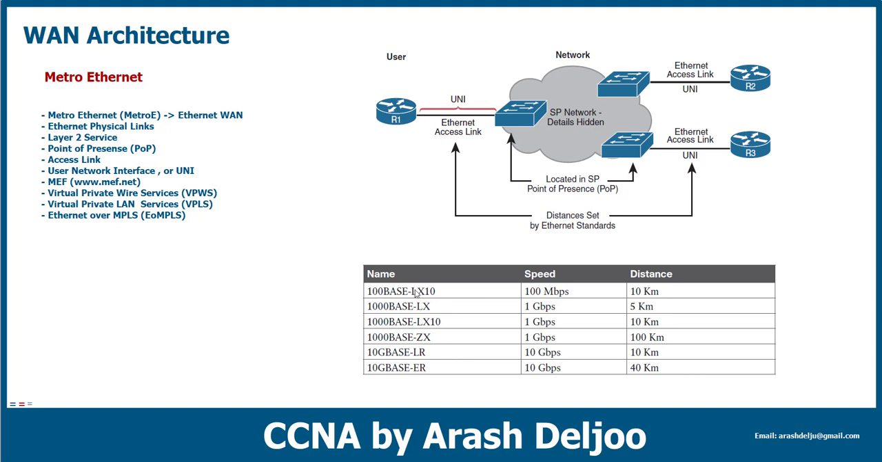L means that we are using long wavelength, and 100 means the speed of this link. This fiber is 100 megabits per second, and the 10 means that this standard can support up to 10 kilometers. Okay, and we can use 1000BASE-LX. Again, we